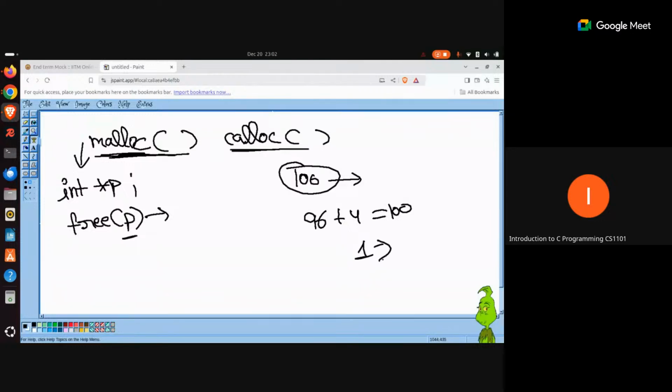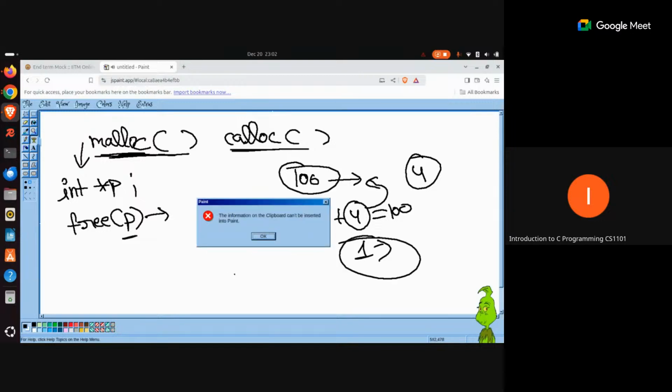But if you had released this memory, the operating system would have had 4 bytes of extra memory with it when you were requesting this 1 byte of extra memory. So the operating system would have been in a state to fulfill this incoming request.